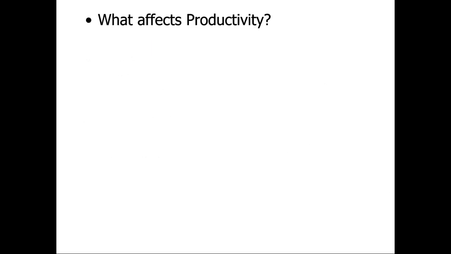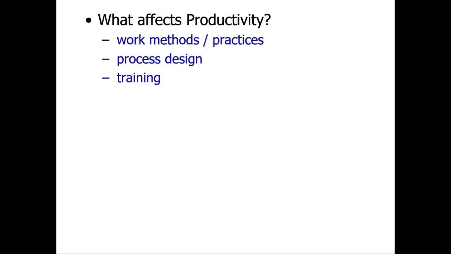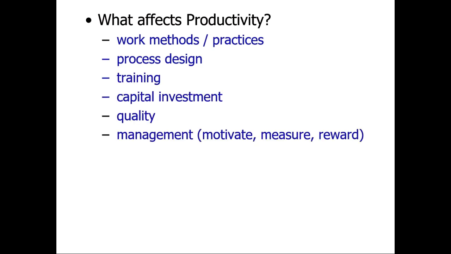All right. So what affects productivity? Lots of things, and that's why it's huge for operations management, because all of these things that I'm popping up on the screen are things that as operations managers we control, which I love that last one. Management. We motivate employees. We measure productivity. We reward. We compensate. So these are things we have control over, and so we want to use them in ways that encourage our workforce to be more productive. So there's lots we can do. We can change designs. We can add technology. We can train people better. There's lots of opportunities to improve productivity.